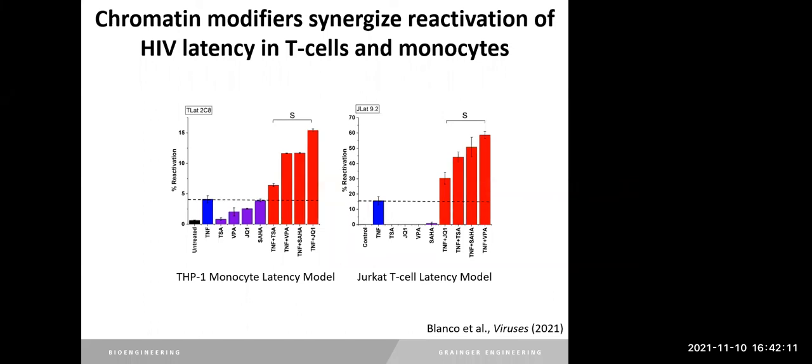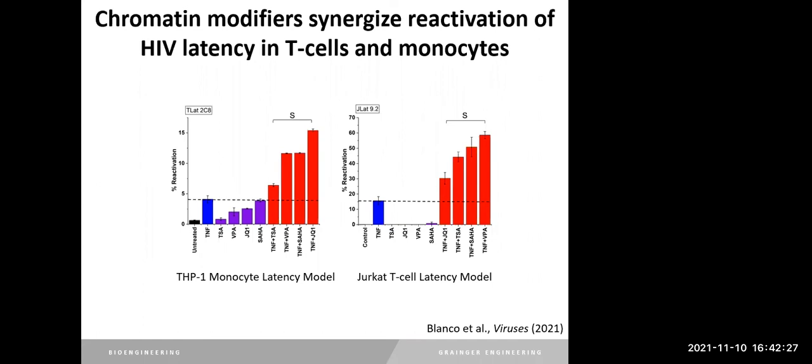So on the right-hand side, we have the Jurkat T-cell latency model. You see that the control is off. With TNF gives you about 15% on. The HDAC inhibitors by themselves do not reactivate this clone of T-cell latency, but in combination, the two synergize very